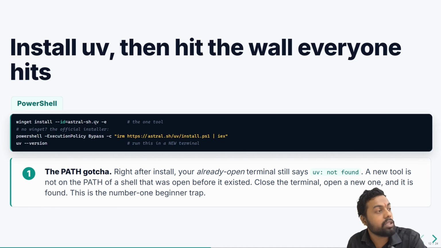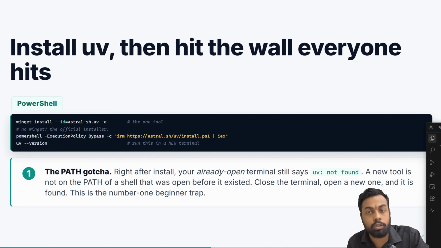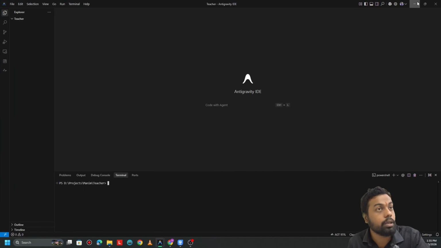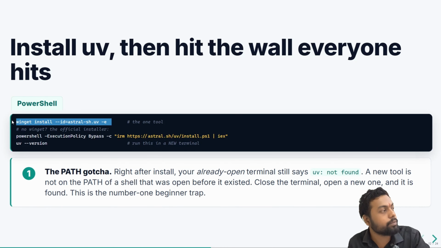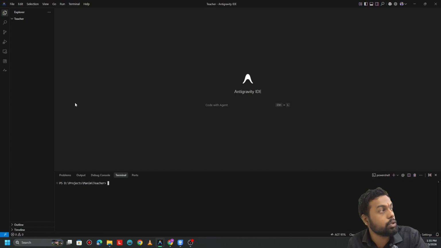So first of all, we need to install UV using winget. And if it doesn't work, you also have the PowerShell option. So let's start. I'll go along so that we are good to do that as well. So let's copy the first command and go to the terminal. So as discussed, we won't be using any LLM or anything. In this project, I won't be using an LLM. It will be just documentation, Google searches, and our brain and memory. So let's go. We'll install UV first,